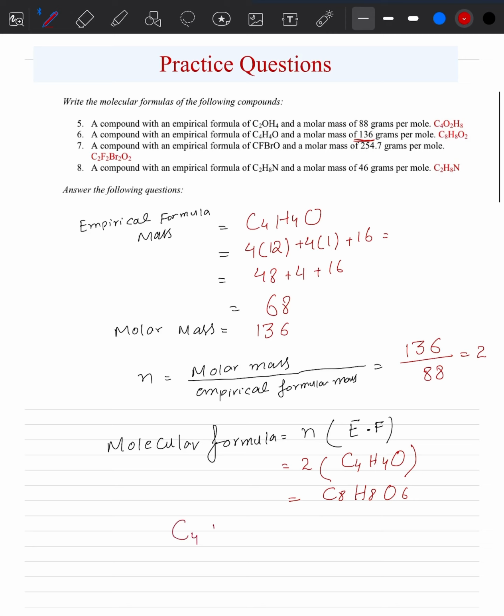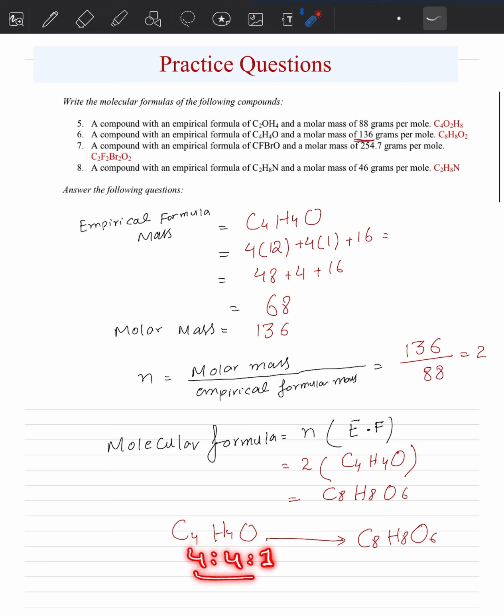So this was C4H4O, and we change it into C8H8 and O6. From this formula we can say that in this formula the ratio is 4:4:1, and this ratio is already in the simplest form, so this formula is the empirical formula, and in this formula the ratio is 8:6, so this ratio is